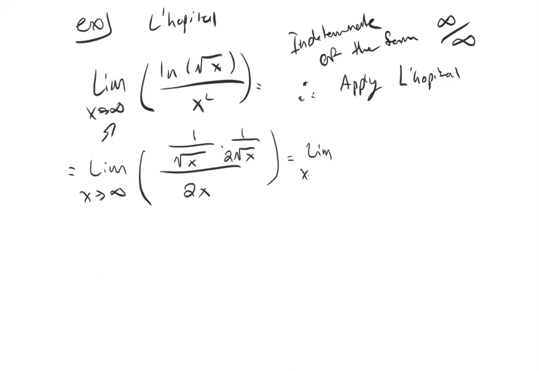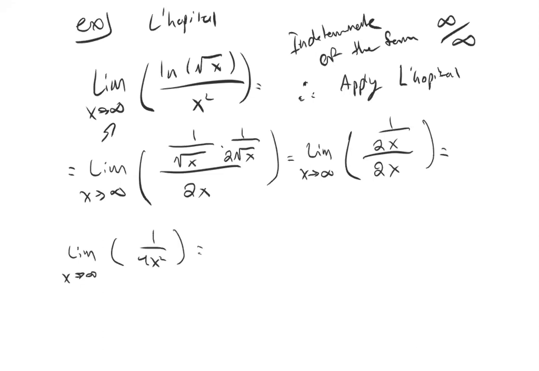I'm just doing some simplifying here. We have 1 over 2x over 2x, which ends up being the limit as x goes to infinity of 1 over 4x squared, which is 0 when we finally take the limit. Now, yes, you have to show the limit at each step until we plug that in finally. And I like to put a little LH here, just so we know that